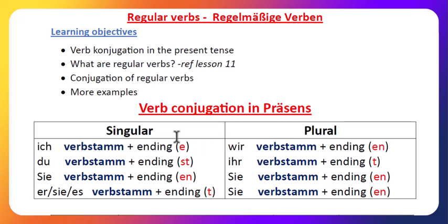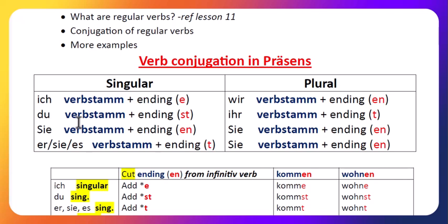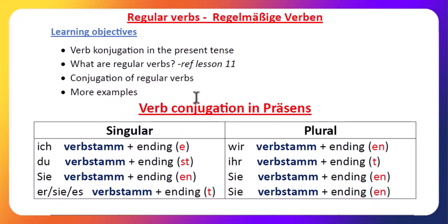I think we are already familiar with this table, this one rather. This table is I think the first one you know. But maybe you didn't know that this is singular and this is plural. So that you understand, regular verbs have conjugation, as in lesson 10 or lesson 11.